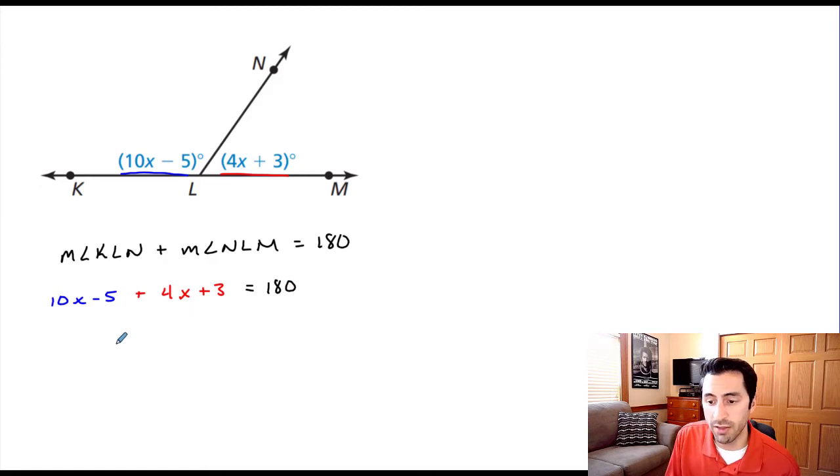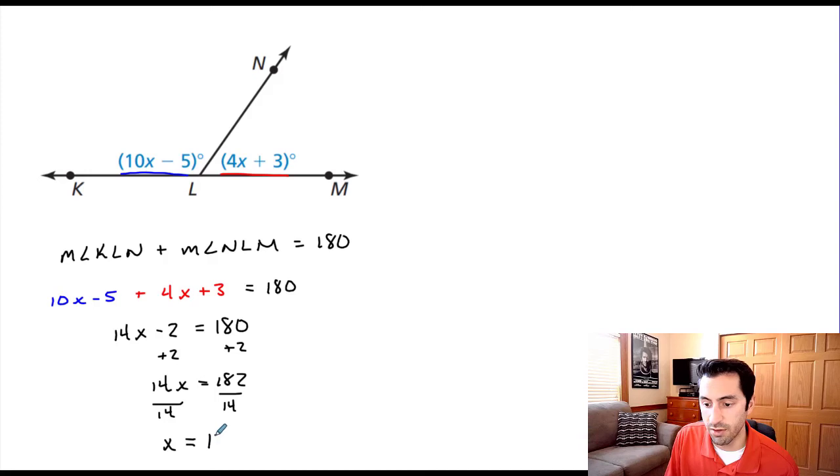All right, so we'll combine like terms. 10x and 4x is 14x. Negative 5 and 3, we get a minus 2. I can add 2 to both sides to isolate the variable term. And dividing by 14 will give me my value for x,